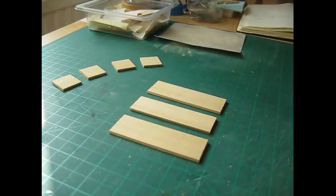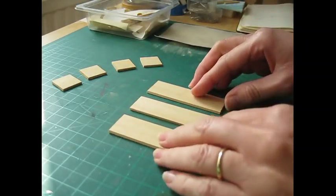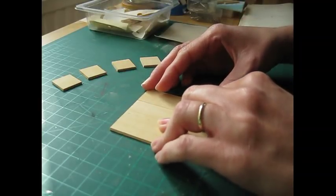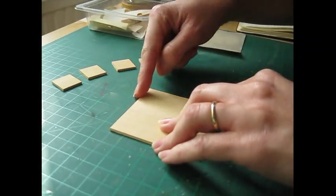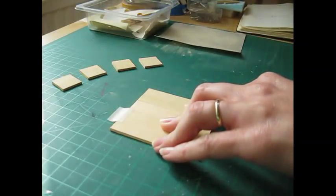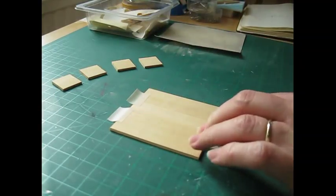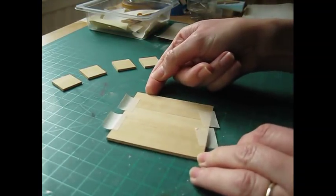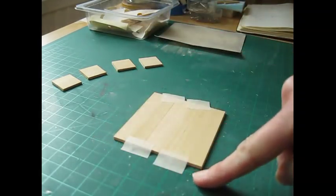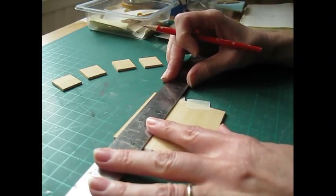Okay, so we're going to begin by drawing pencil lines across the back and side pieces, and so we don't have to do that 3 times, I'm going to stick these together using masking tape. So just make sure you've got a nice straight line along the top edge, and then just use a little bit of masking tape to join them up, and then turn them onto the side, and then starting from what will become the top edge along here, we're going to make the first pencil mark